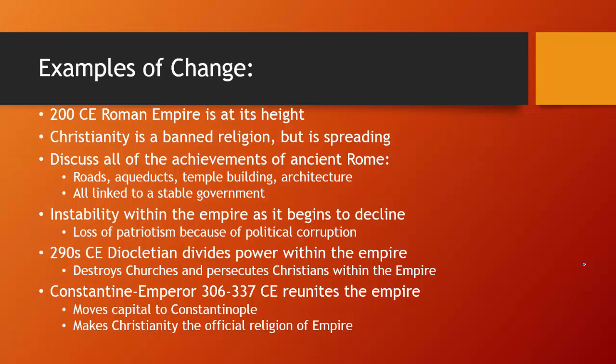This is going to mean that Christianity is now approved of by the Roman Empire. Christians in the Roman Empire no longer have to worship in secret. This also means that Christians within the Roman Empire can outwardly, more openly spread their religion. It's going to lead to a large spread in Christianity. So that would be a change I would hope that all of you would write about, because it's kind of important.